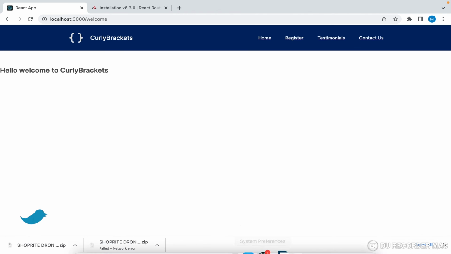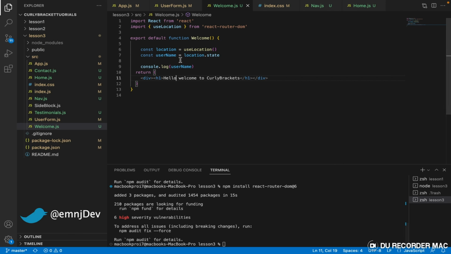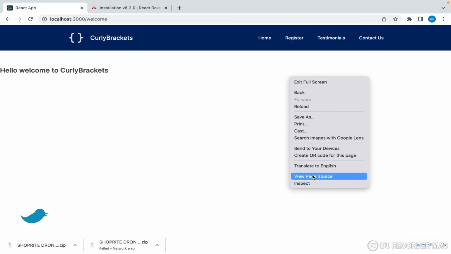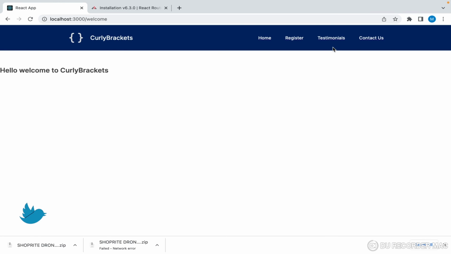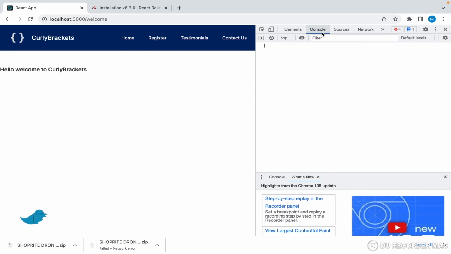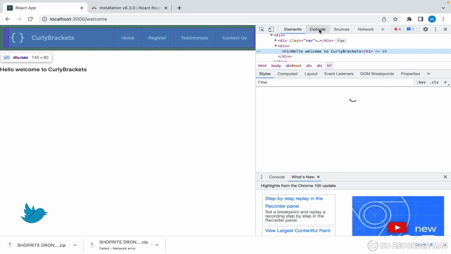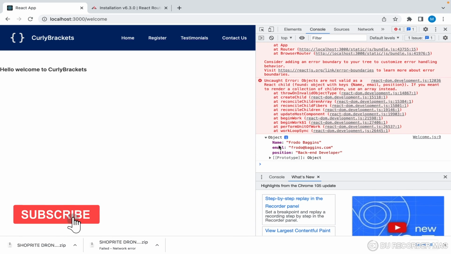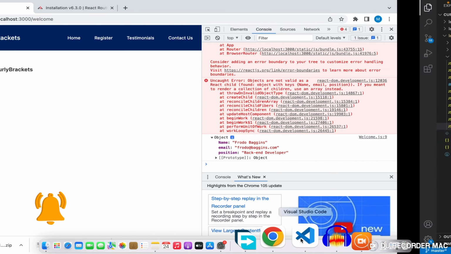So then let us take a look at the console and see what it looks like. The former error we had should still be there, so I'll just clear it for the time being. So ignore this. These are errors from the previous error that we just corrected. So this is what we're looking for. Now we have an object that has name, email, and position. So now we can access these properly by saying